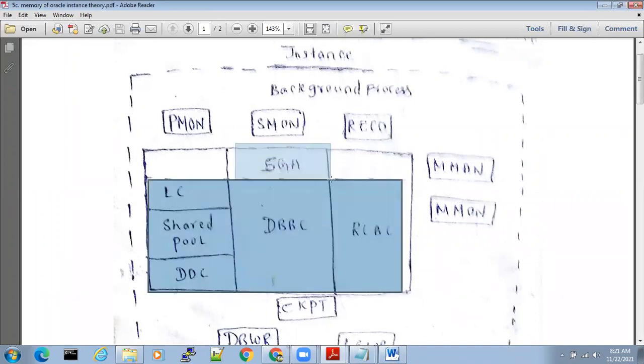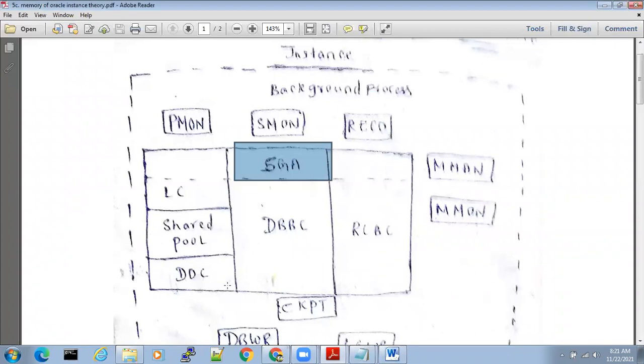Out of this 500 MB, shared pool should get some size, database buffer cache should get some size, and redo log buffer cache should be allocated with some size. Now who will allocate that?